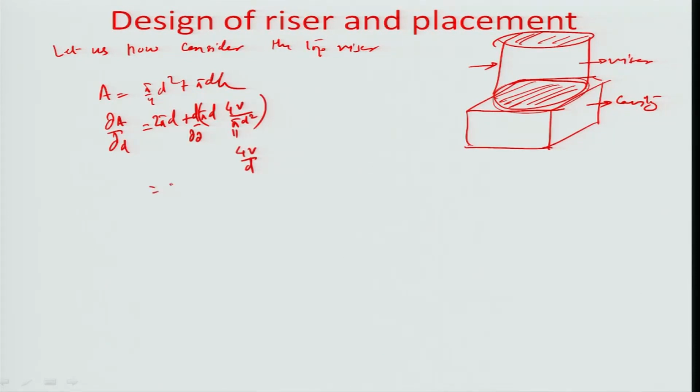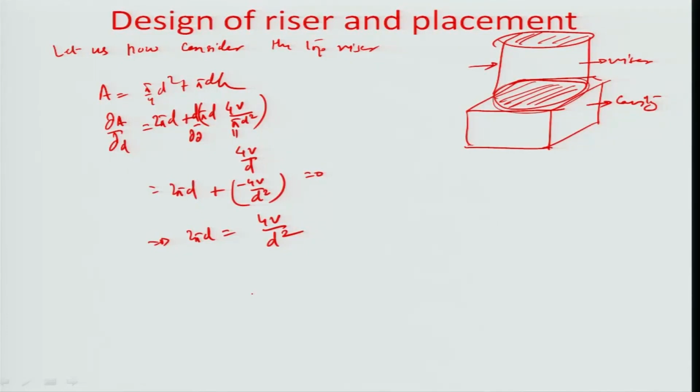So, in this particular case, this comes out to be twice pi d minus 4 v by d square. Okay. And that is equated to 0 for the optimum condition. So, in this particular case, the optimum condition becomes twice pi d equals 4 v by d square, and